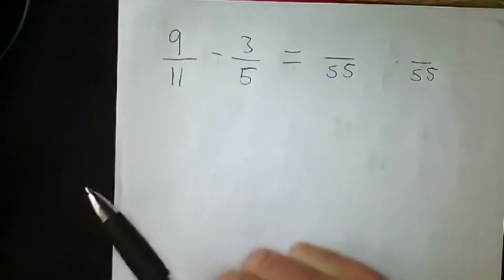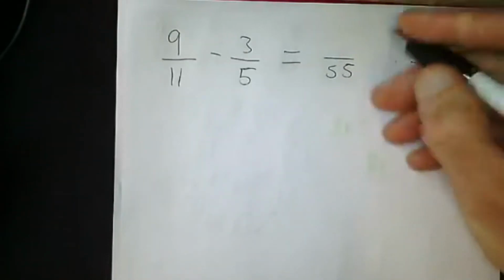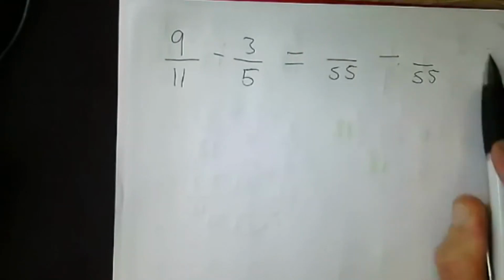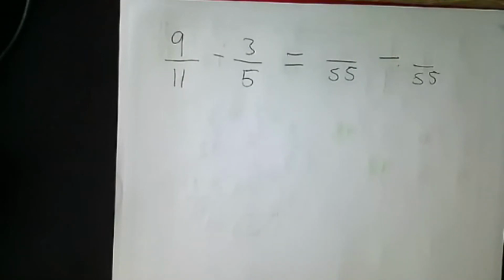If you times them, you're not always guaranteed to get the lowest number that goes into both. Now, that's not an issue. This will still work, but you might make it more complicated later on. It swings and roundabouts. Or you might get to the end and need to simplify a little bit more than you would if you got the lowest common multiple in the first place. But like when I talked about doing a number of steps to simplify, this is a similar idea. It doesn't matter if you do the highest common factor, lowest common, no, I'm getting these mixed up now. It doesn't matter if you go for a higher common factor